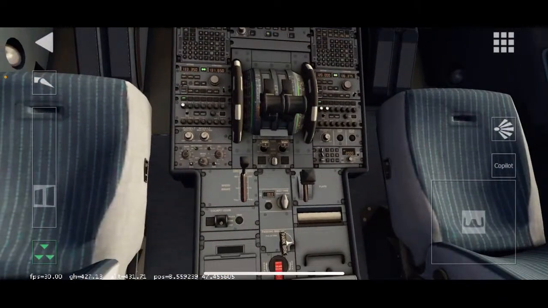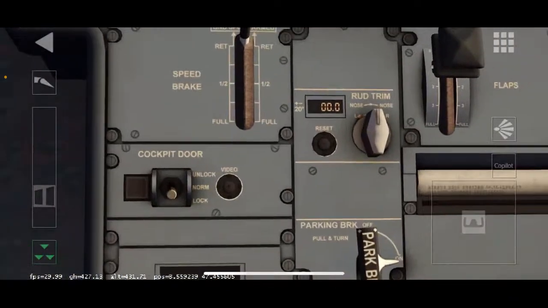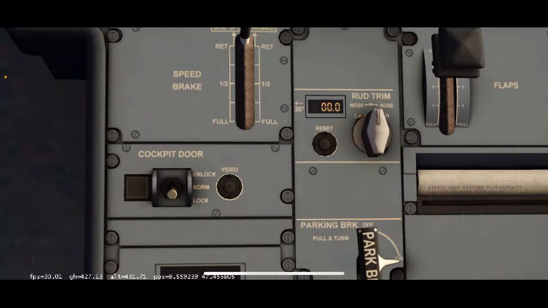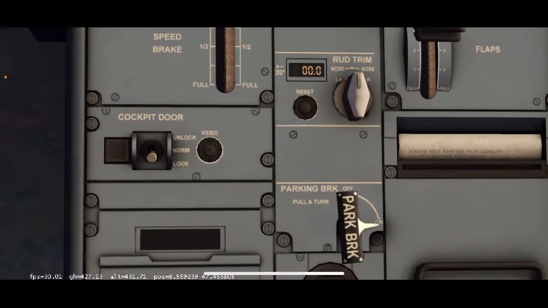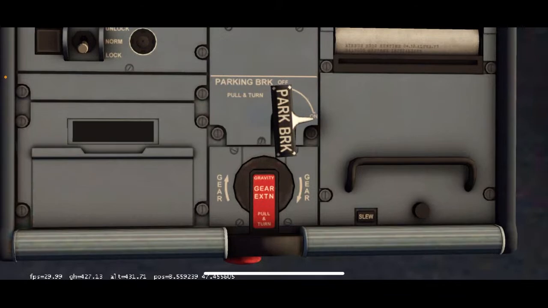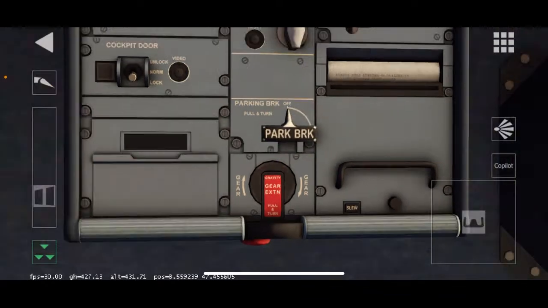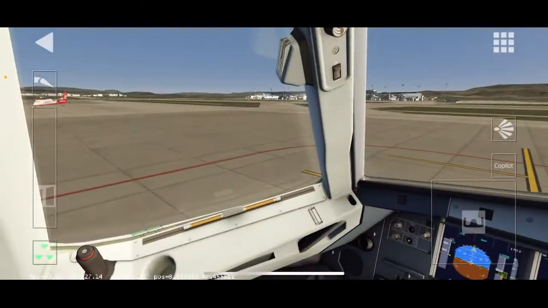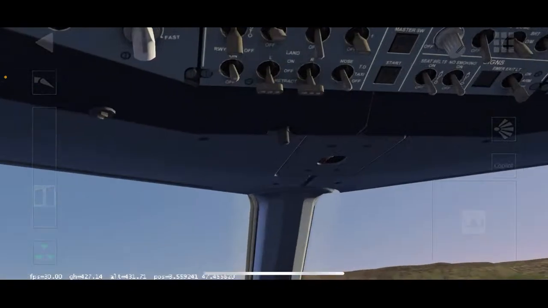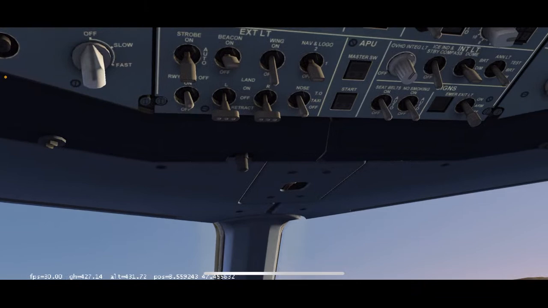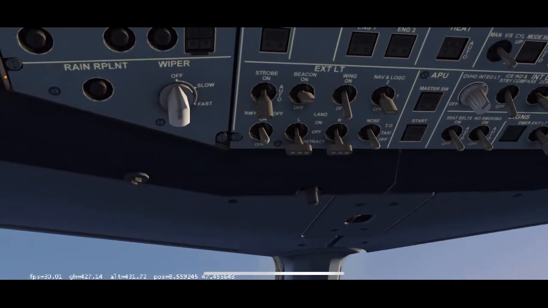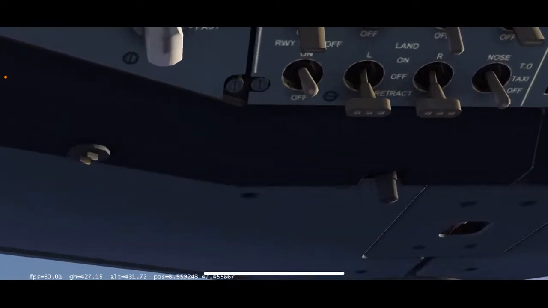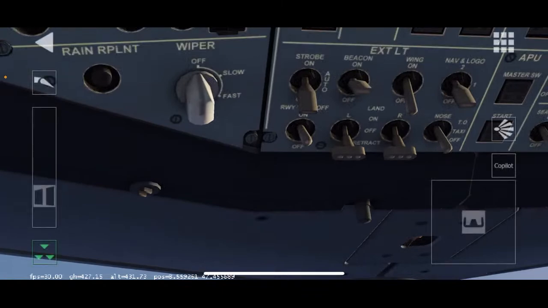And parking brake can come off. Actually, I usually do make sure that the trim is reset 3 times. Awesome. Doors are locked. Parking brake coming off. Taxi lights we already checked. So as you guys can see, we're slowly rolling. Yep, taxi lights are on. Wing light, nav, strobes are on auto, I believe. We should have that on auto.